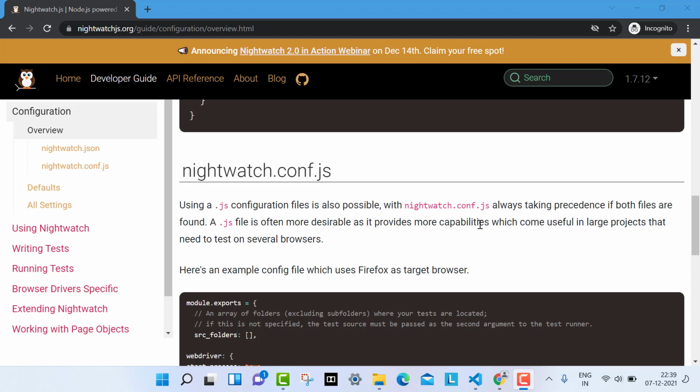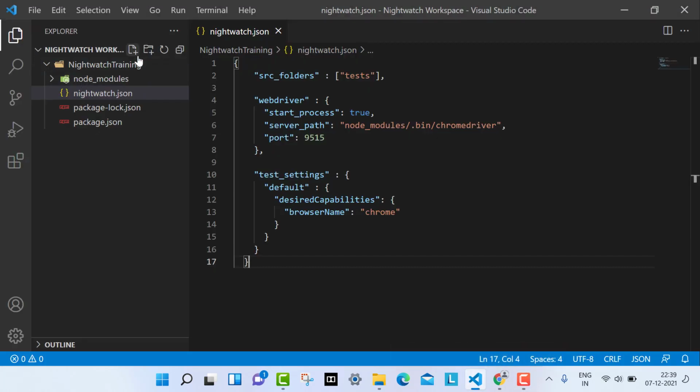So let us go and create a nightwatch.conf.js file. I'm going to Visual Studio Code and I'm going to create a file, again in the project root folder, called nightwatch.conf.js.